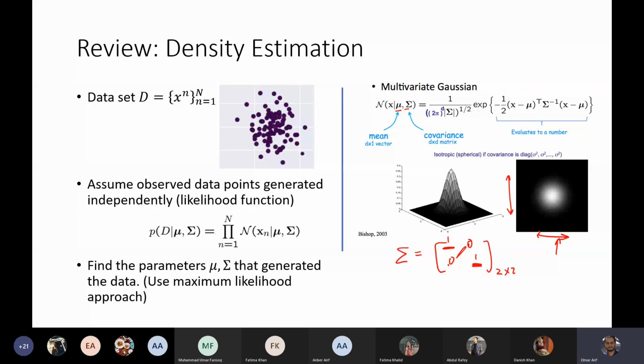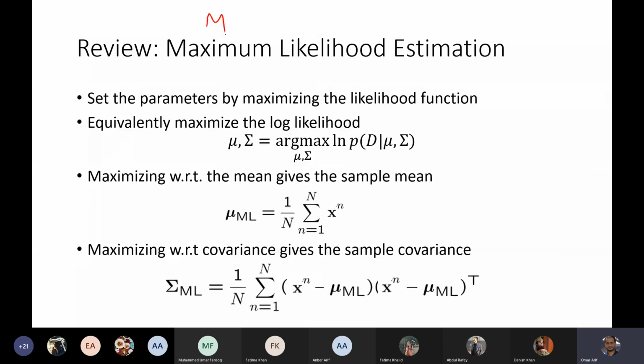Now let's say you are given these data points and you assume that your data has been generated by a Gaussian distribution given by this equation here. How do you compute the mean and the variance? That is the question, because that will tell you the center of your cluster and the covariance matrix will tell you the shape of your cluster. So in the case of a single cluster, we use maximum likelihood estimation (MLE), which gives us the